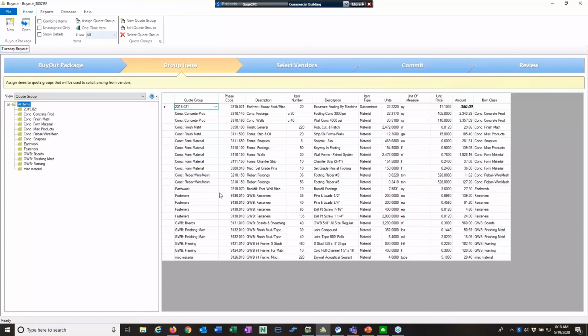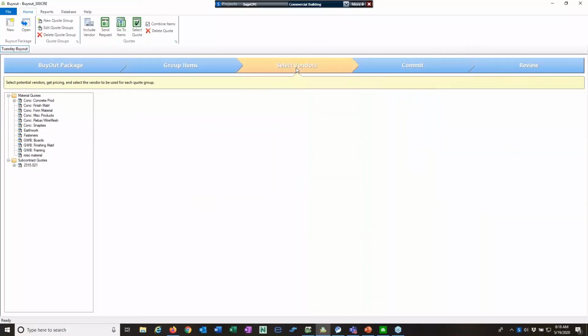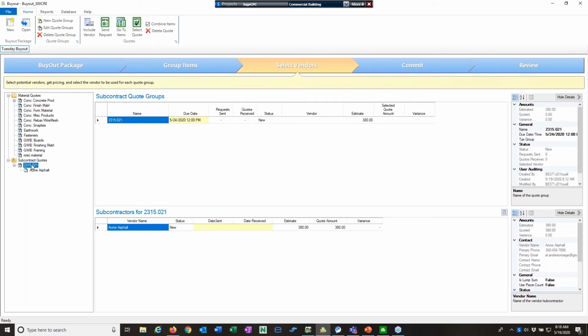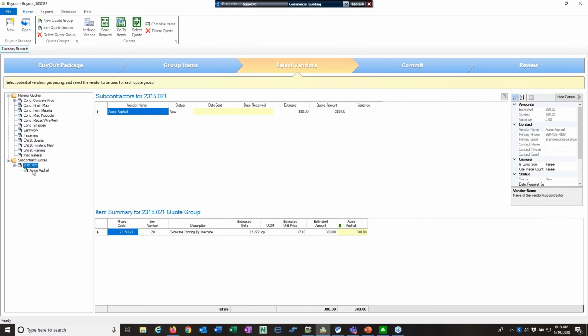So you're grouping the items, and then you can select the vendors. And so this is where we're actually going to assign vendors to the quote groups. And so you can see that there's a couple of pluses here. The subcontract quotes, if I look there, Acme Asphalt has been pre-selected, or it's been assigned to that quote group,